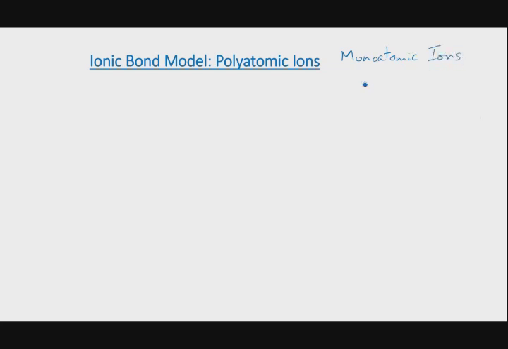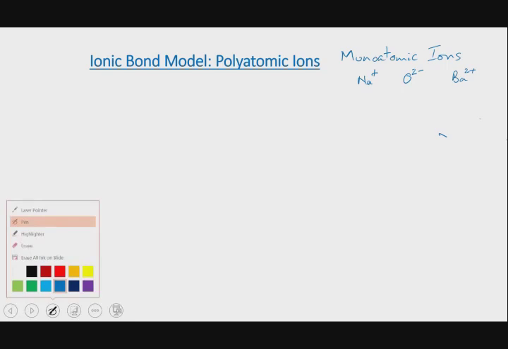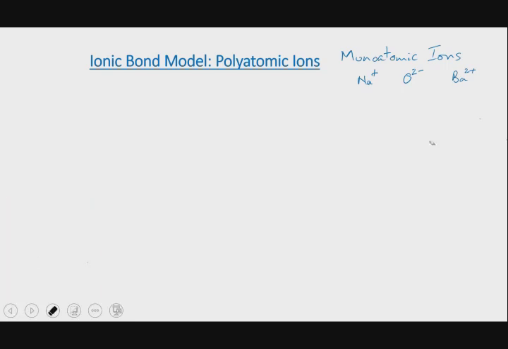For example, Na+ is a cation created from one atom of sodium, or O2-, again made from one atom of oxygen, or a cation made from one atom of barium, and so on and so forth. These are monoatomic ions because you need only one atom to make each of these ions,